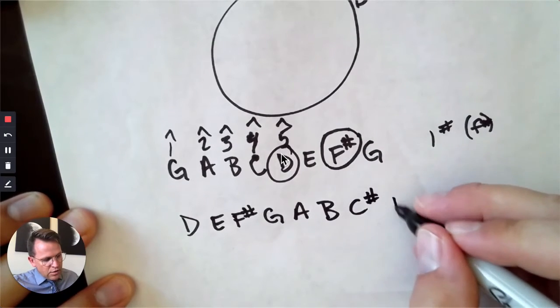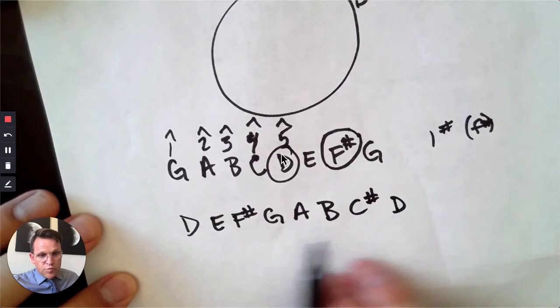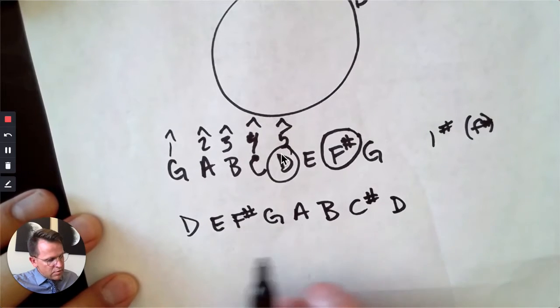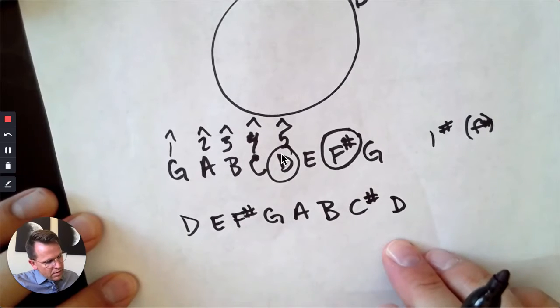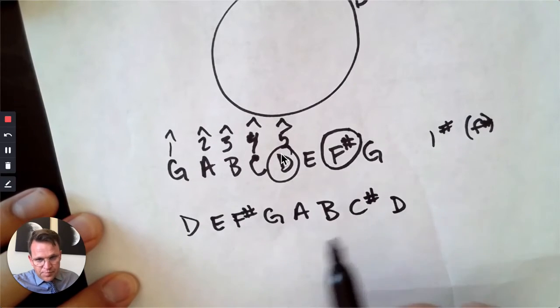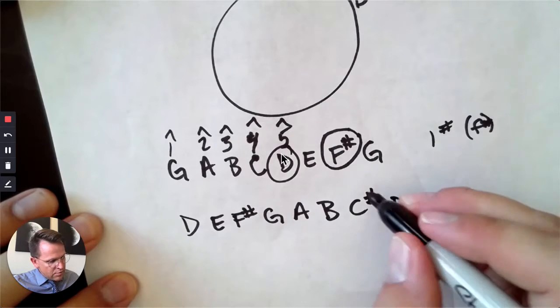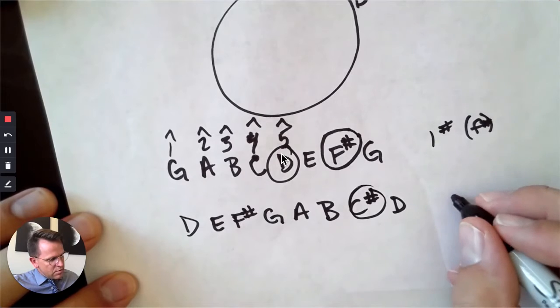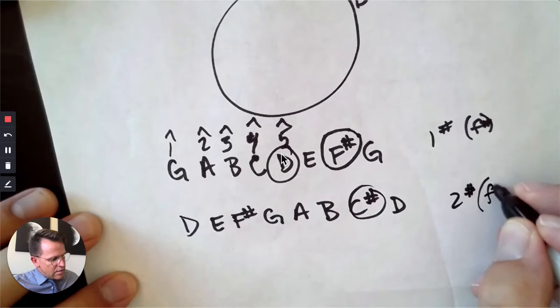Now again, you should have already done your homework with the major scales and be comfortable with these at this point. If you need to review that, I encourage you to go back to major scales and look at how we figure out the accidentals. In this case, we kept F sharp, but we added a new sharp. And again, it was that 7th scale degree, or T, which in this case is C sharp. So in this key, we have 2 sharps, and they are F sharp and C sharp.